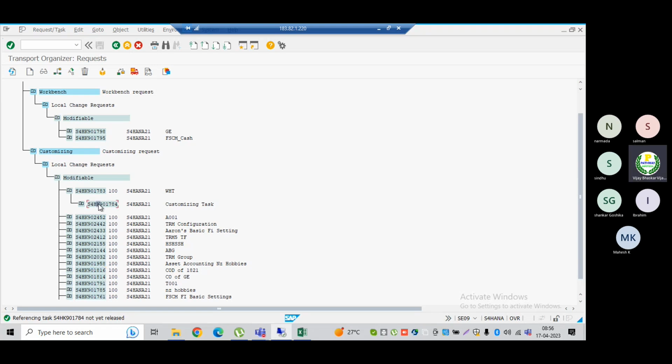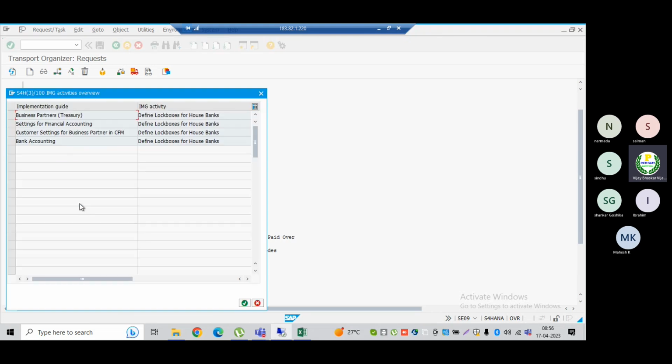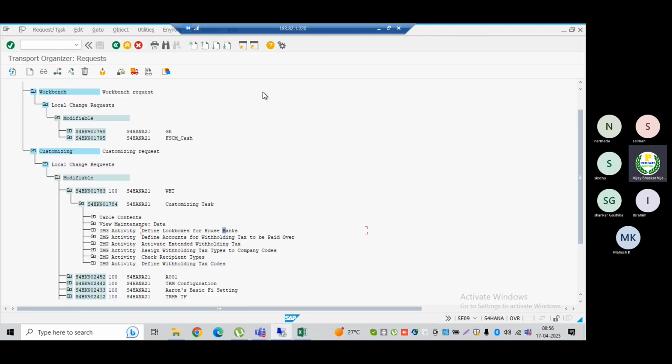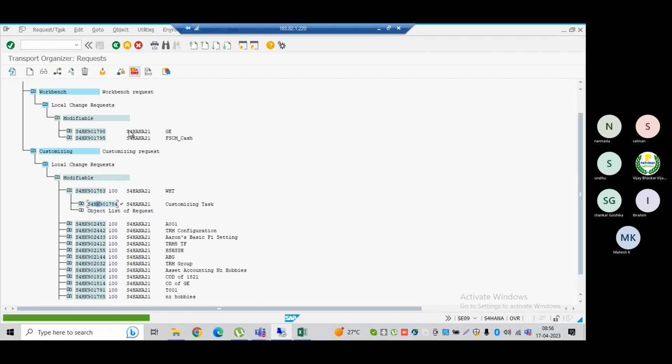First click on this one. If you want, you can go inside this one to see what configuration has been done here. You can see the house bank, withholding tax code, withholding tax, everything is here. Then select this child request, then release directly. Now see, the task has been released. You can see here the request has been released, and now it is selected with a tick mark.